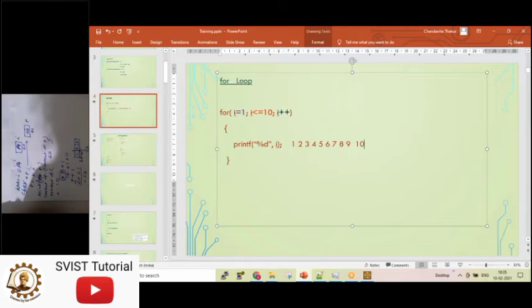Here you have given 1 increment, but don't always think it will be 1 increment. You can write here i equals i plus 3. So if you are giving i equals i plus 3, what will happen? The first value to be printed will be 1,